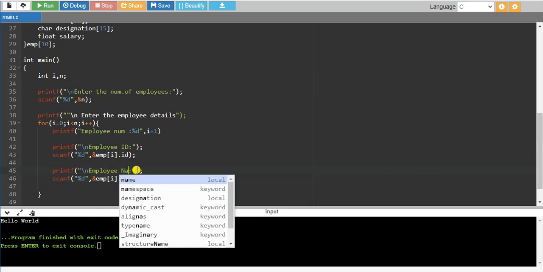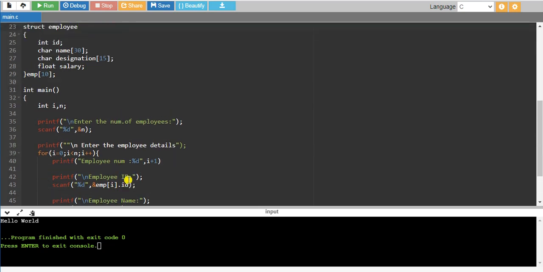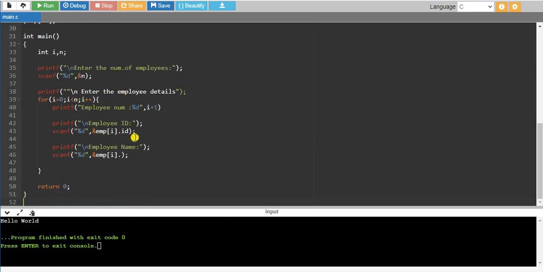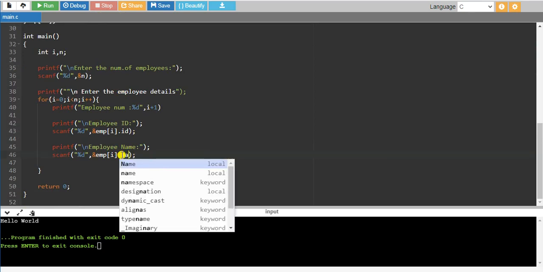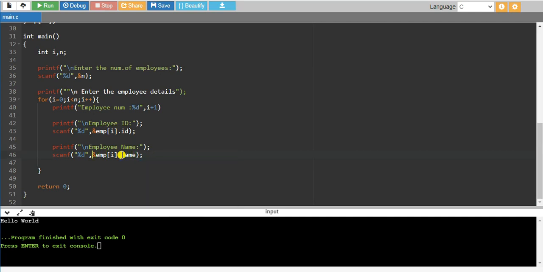Instead of id, I have to replace it with name, then emp i dot, and whichever variable I declared there, I have to enter name, designation, and salary. For name, it is of string type, so we have to use %s.